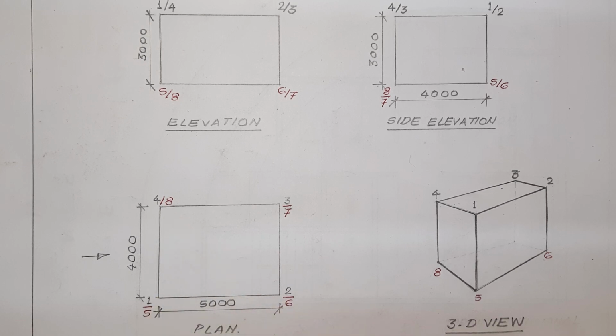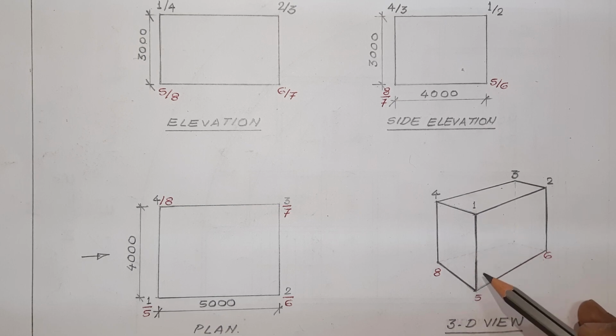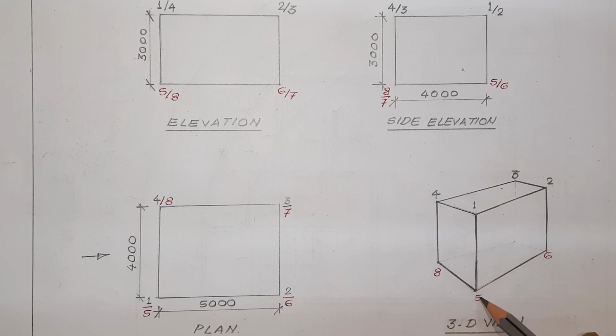Now to understand this numbering, we should also understand how these points will be visible from the top. When we observe this vertical edge 1, 5 from the top, point number 1 is directly visible, whereas point number 5 will be behind point number 1. It is below point number 1. Hence it is not directly visible. Hence it is shown as 1 divided by 5 or 1 by 5.